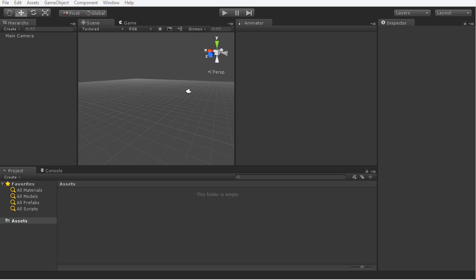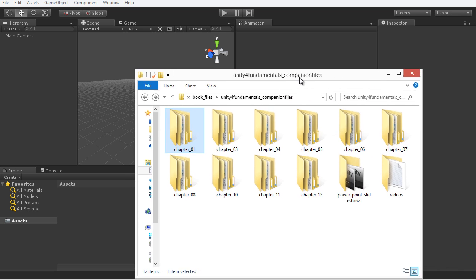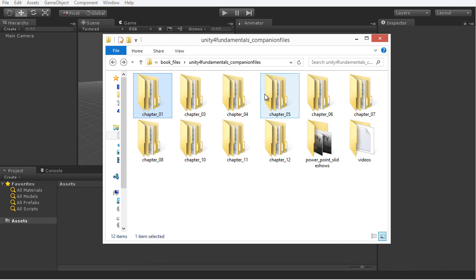So in this video, I just want to quickly discuss the project files and show you how you can use them and navigate through them so that you know your way around. Let me just bring in a Windows Explorer window. When you open up the project files for this book, you'll have all of the chapters listed here from chapters